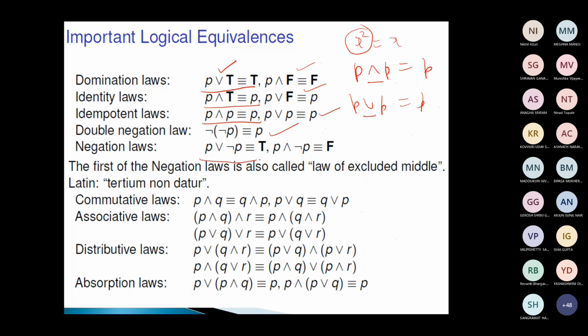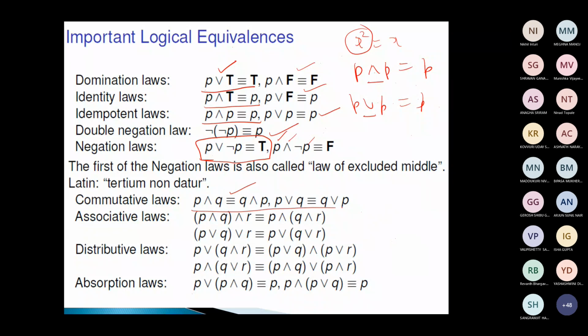And this is called a negation law. This is like A union A complement is the universal set. So same way, any formula or negation of that formula is always true. Any one thing should happen, right? Either something should happen or something should not happen. Both are complements of each other, so it is always true. Anything and the negation of that thing cannot happen together, so it is always a false statement. Okay, these two are called negation laws.